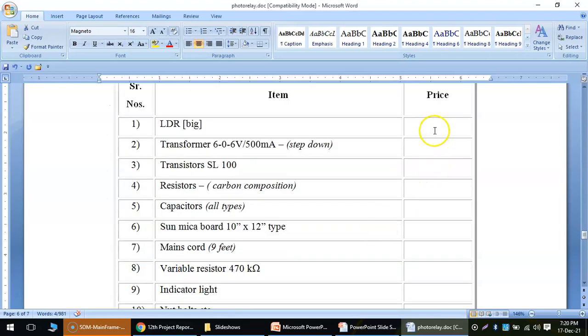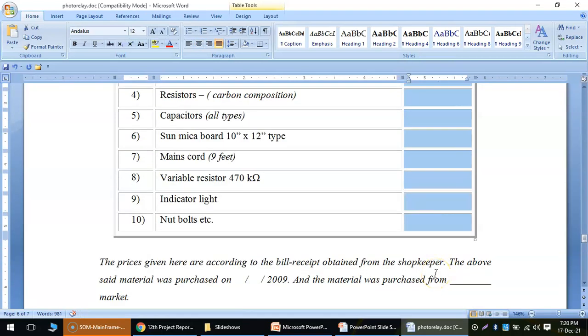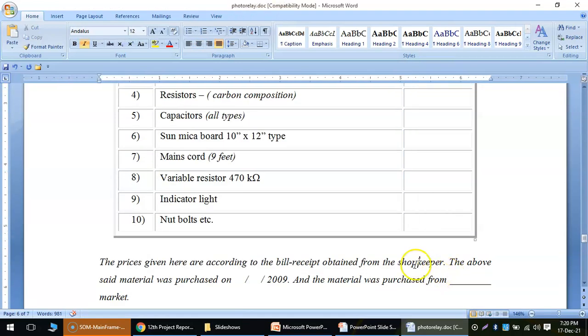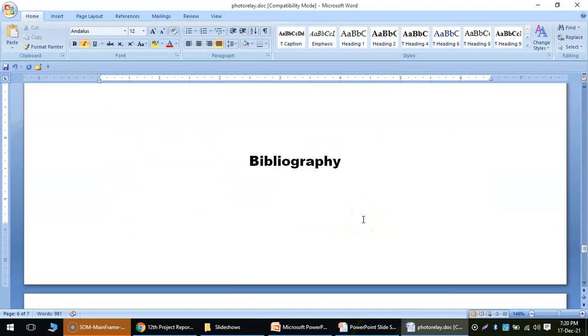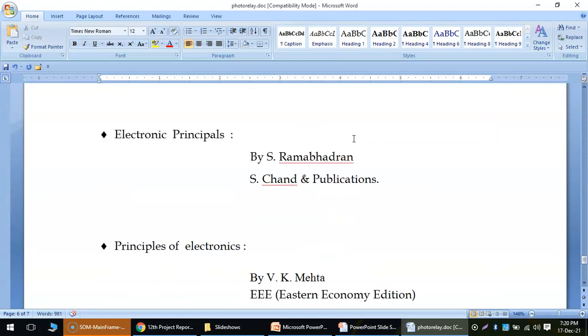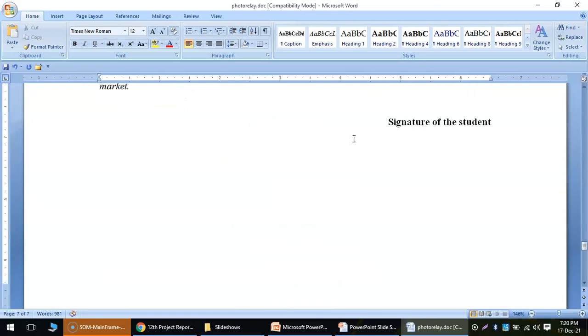You just have to give the prices of all the components that you purchased from the market. Change the name, change the year over here, 2021 or 22, depending on your project submission. Then go to the bibliography here, and your project is complete.